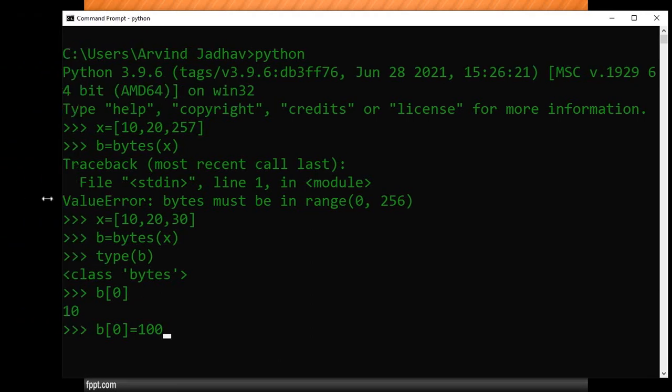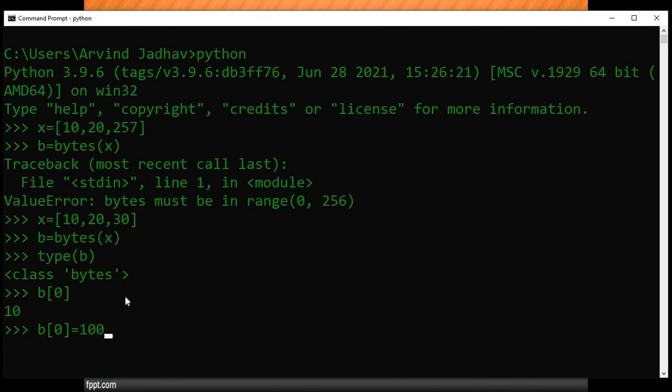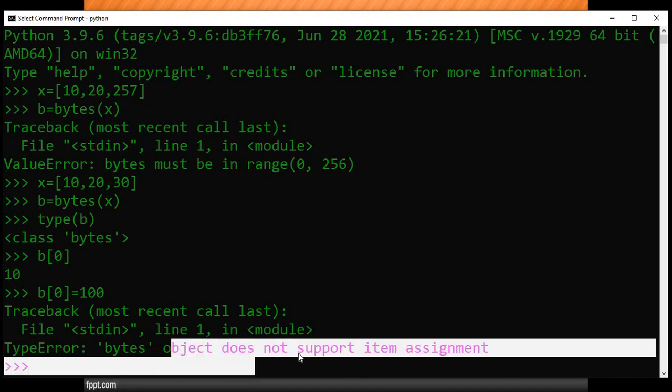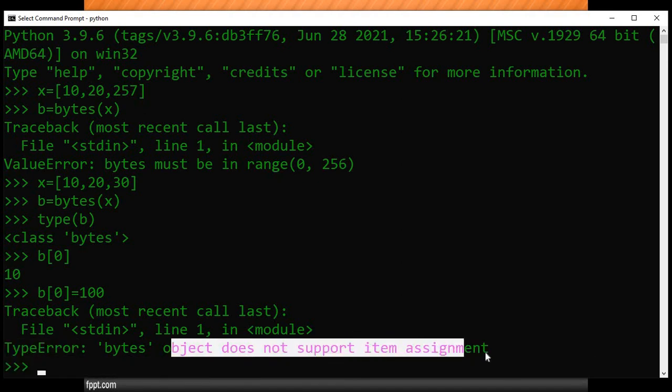Earlier we got the value error, now we get the type error. Let's check. See, type error: bytes object does not support item assignment. The equal sign is not supported by bytes. What is the reason? Because bytes is immutable.